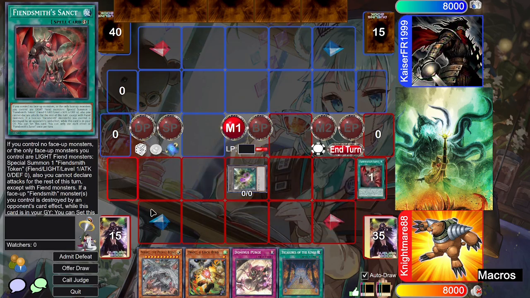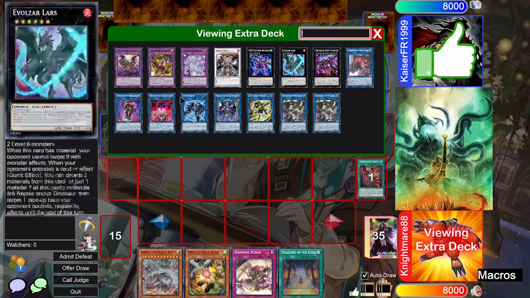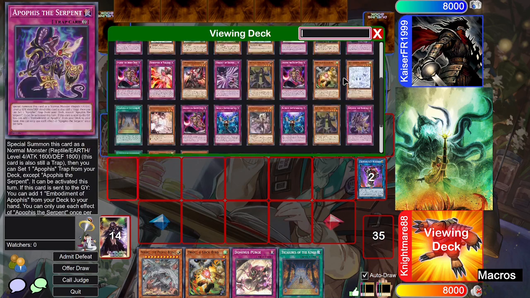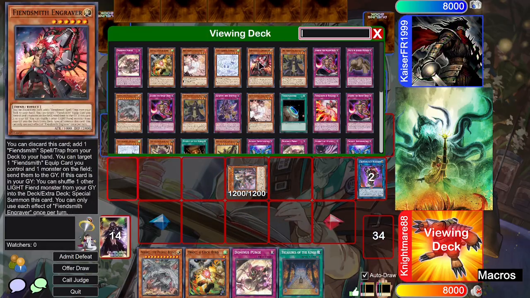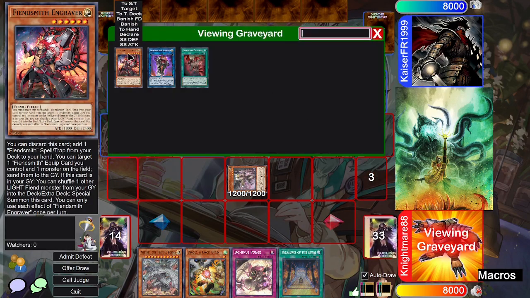Alright, Sanct is going to summon us a token. We are going to link off our token for Requiem. We'll then go Requiem effect. And we will summon out our Lacrima. Lacrima effect. Yep, our opponent is moving pretty quickly, so